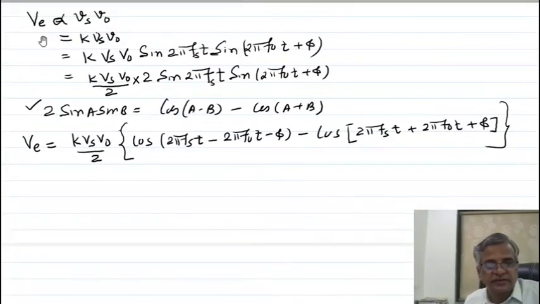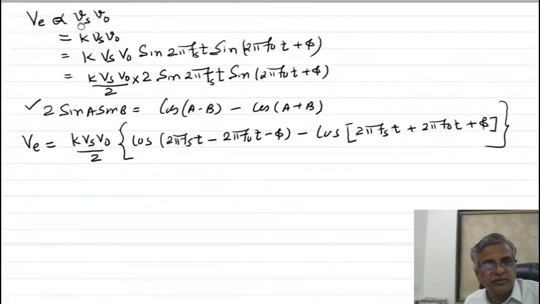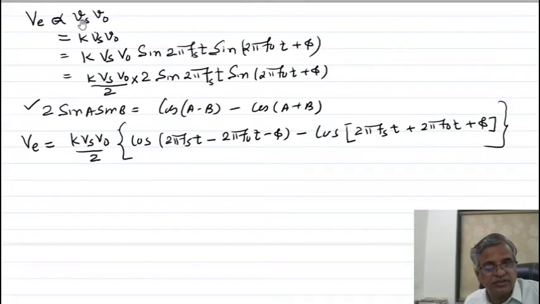The phase detector is a multiplier which multiplies two signals: one is the input signal, the second is the signal from the VCO, Vo. So the output V is proportional to these two, with an attenuation constant, or you can say the phase detector gain. That is what I have written. Now this is multiply and divide, so this is a trigonometric property I have used. So you get this equation of the output voltage of the phase detector.